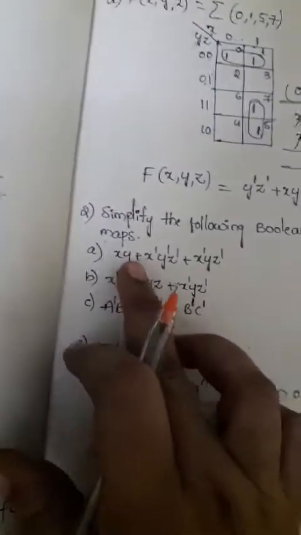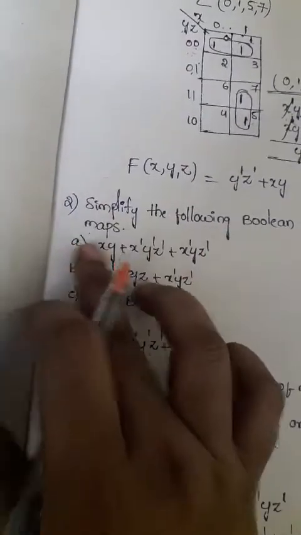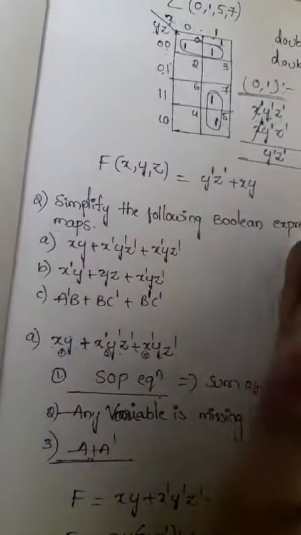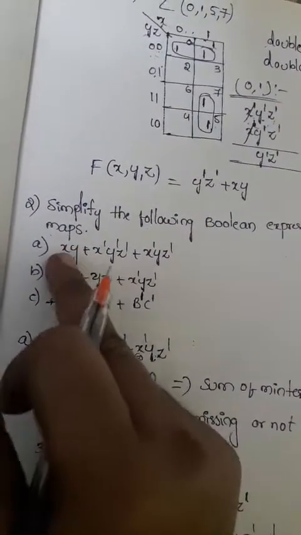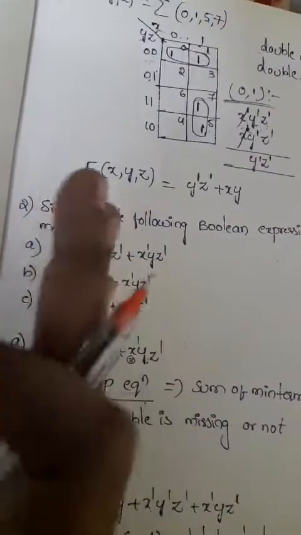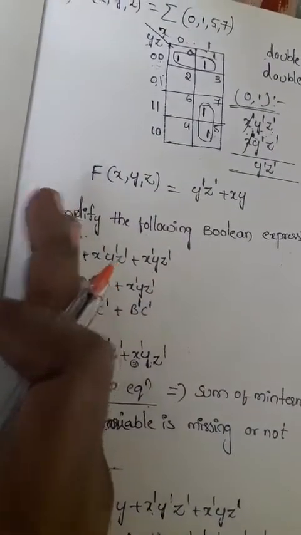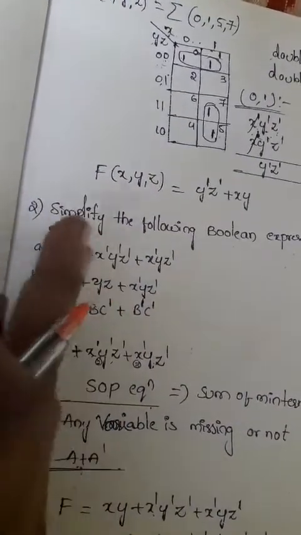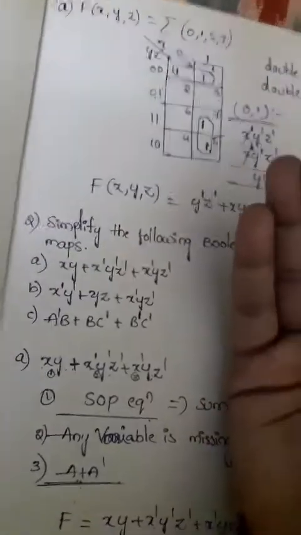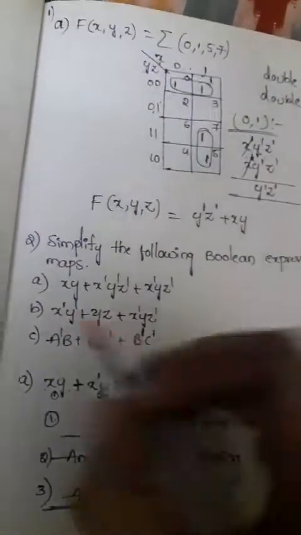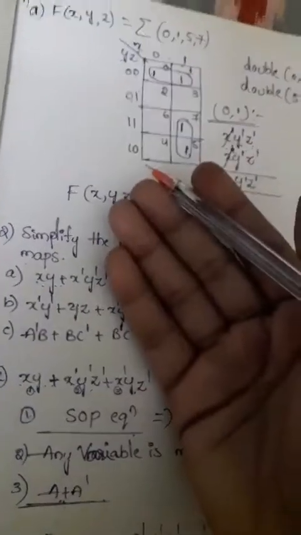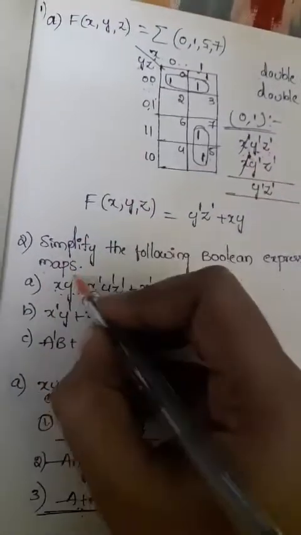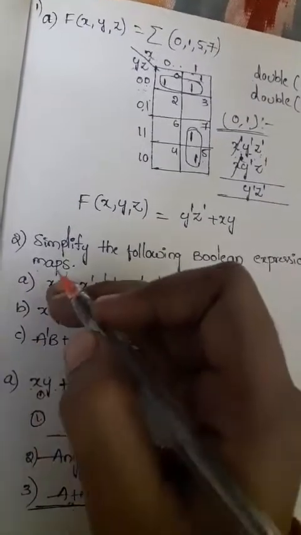Here x, y, z is missing, so this total function is not applicable for the K map. Why? Because here not all 3 variables are present, so one more variable is absent. So how can we present that cell? It is either x complement, y complement, z complement, or we don't know exactly. If z is absent, we don't know exactly what the cell number is.